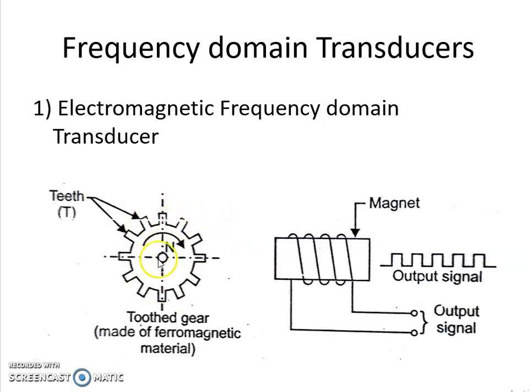And as each gear tooth passes in front of the magnet, the gap length changes. That means, suppose if the tooth comes axially in line with the magnet, then a pulse is produced. Its magnetic flux changes. And alternately, as there is no tooth, there is no pulse production. Therefore, as each gear tooth passes in front of the magnet, the gap length changes, and consequently there is a change in the flux density and a voltage pulse is induced in the coil.